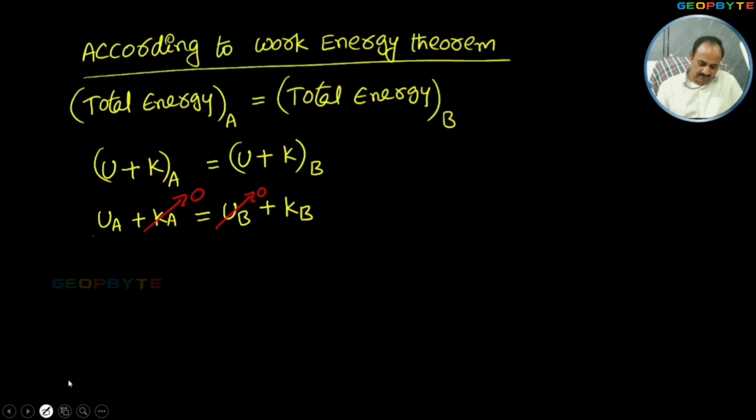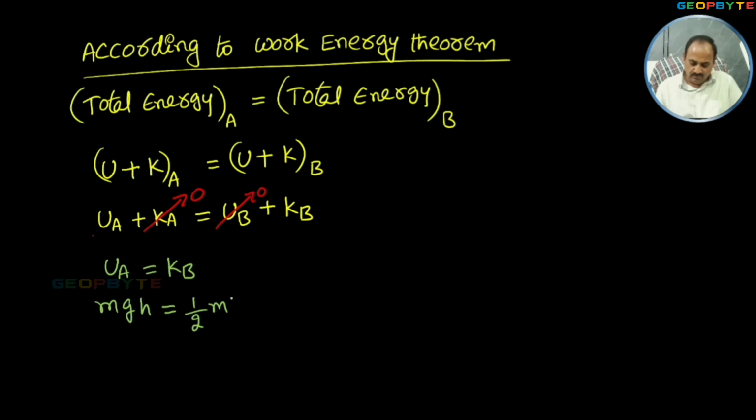So finally, the conclusion is the potential energy at A equals kinetic energy at B. Potential energy at A, mgh, equals half m VB square. This m is cancelling. Finally, gh is equal to